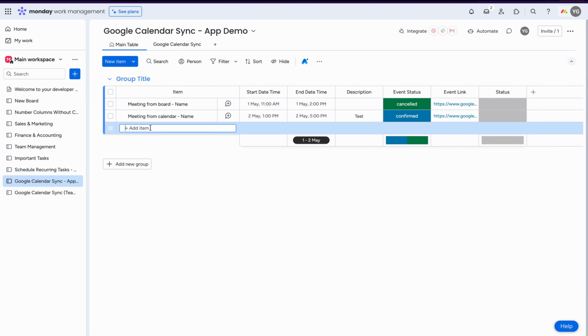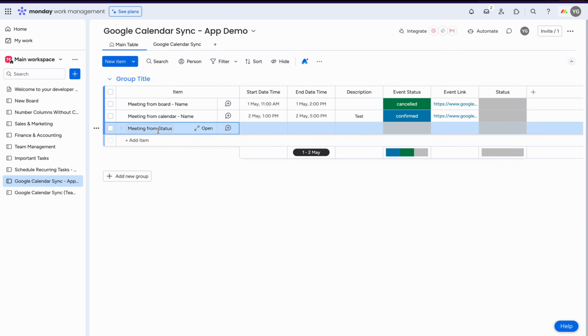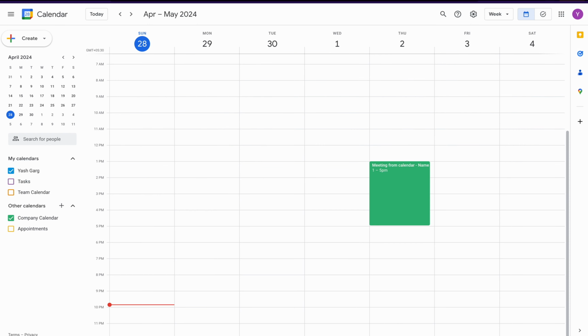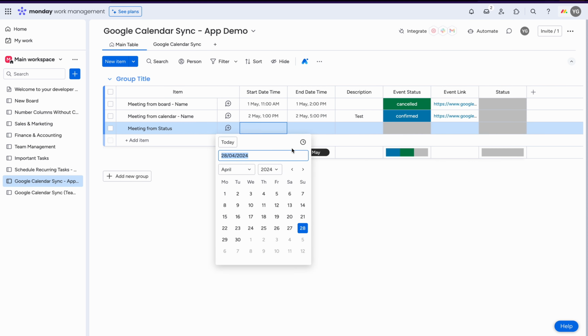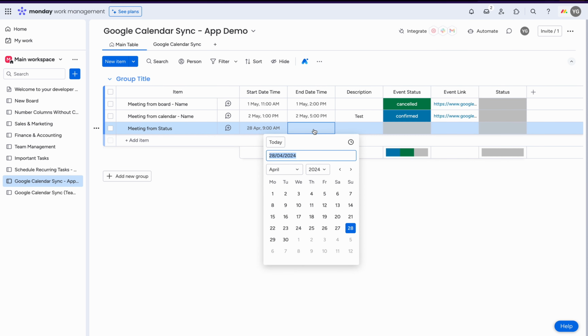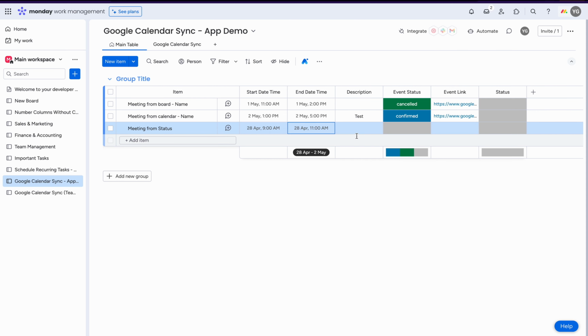Let's go here and create an item, meeting from status. Now item has been created, but if you check in the calendar, no event has been created here yet. Now if I set a time, let's say this, and let me have it 11 a.m. and then let me add a description as well, status. Now